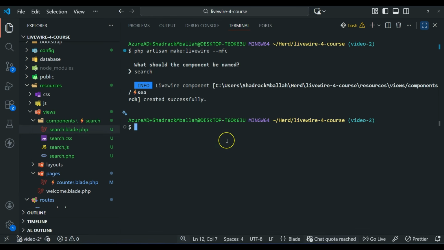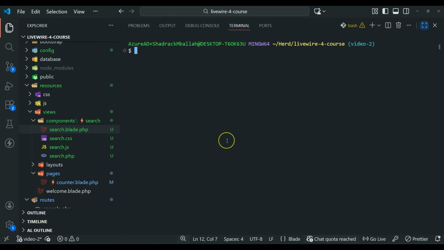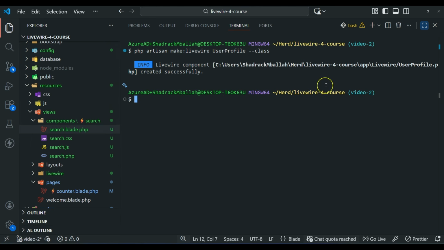So basically we can just go back to the terminal, clear it, and then we can say php artisan make:livewire. Then you can put the name of the component that you want. So for example, you can say user-profile, and then you can put this flag, which is --class. So when you put that one, it is going to create a new component, but that component will be the class-based component. So let's click enter, and now you see we have the component that has been created,